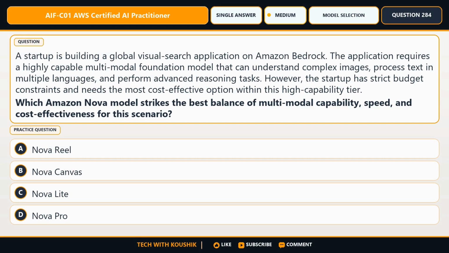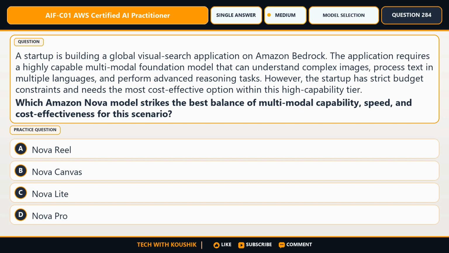Question number 284. Find the decisive clue before choosing. We are moving to model selection. Identify the decisive constraint before considering the options. A startup is building a global visual search application on Amazon Bedrock.